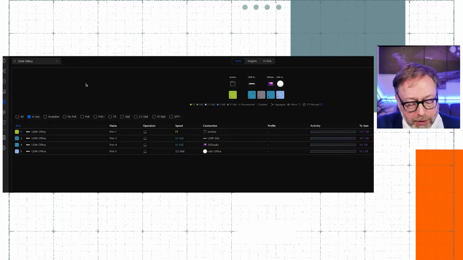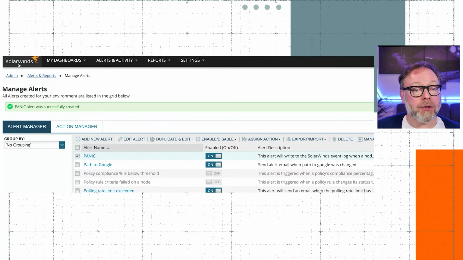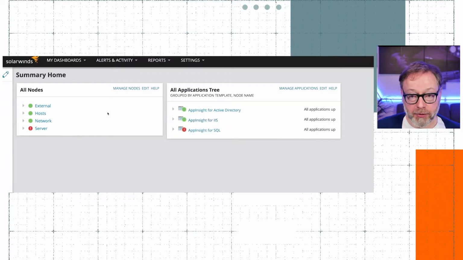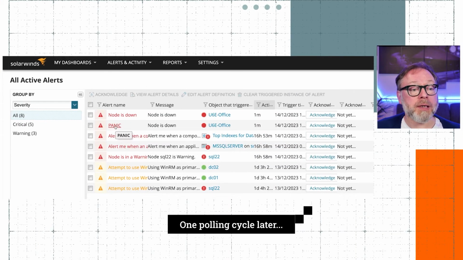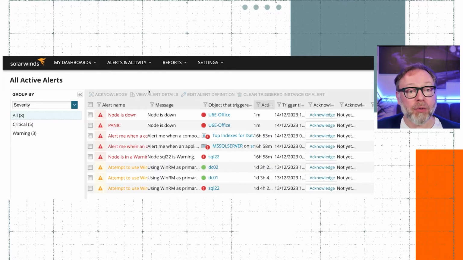What's going to happen now in the background is that the system will wait for the information to be picked up. This will take a little bit because this is just a lab and is not a priority device for me. So we will stop the recording for a moment and fast forward, like bing! Here in my example, we see panic. So my node is down, my access point is gone.